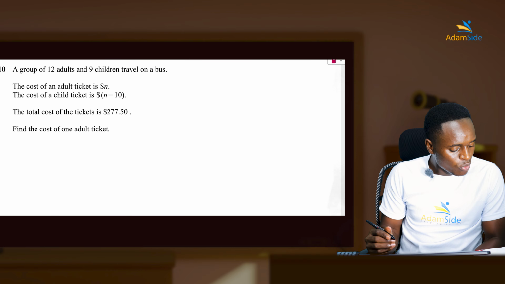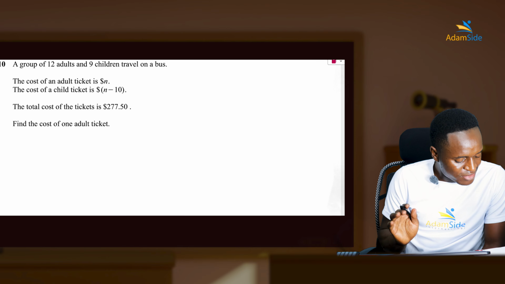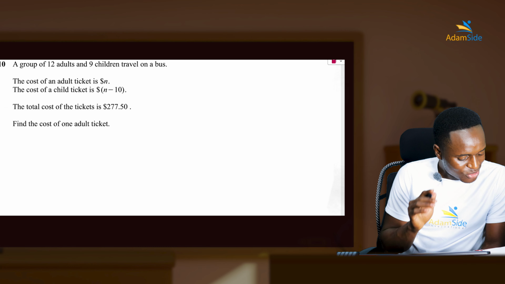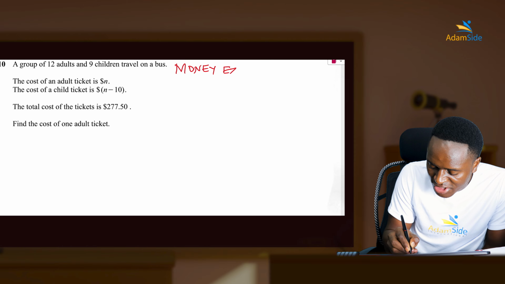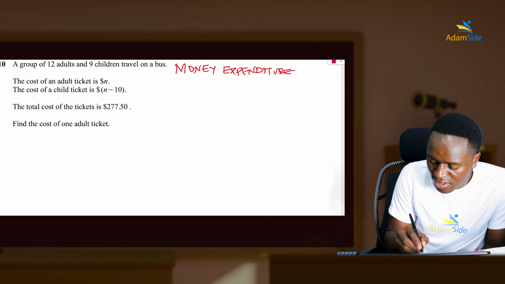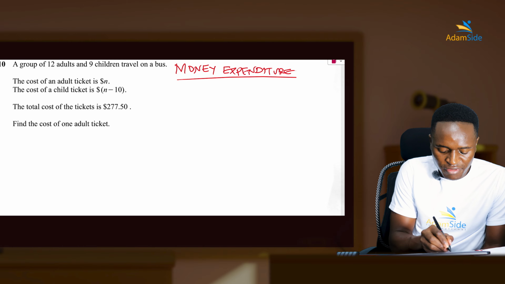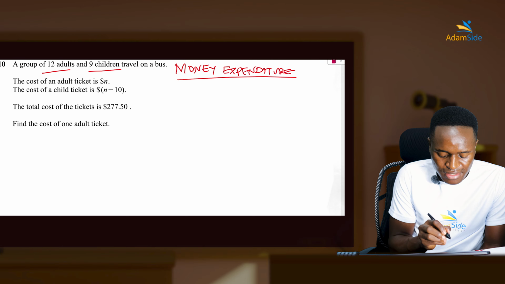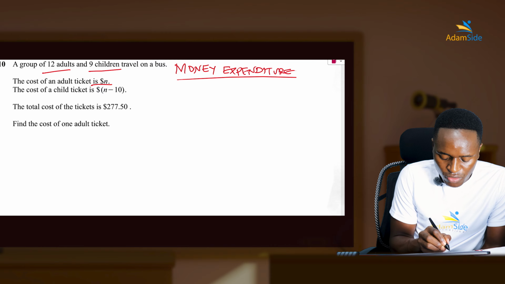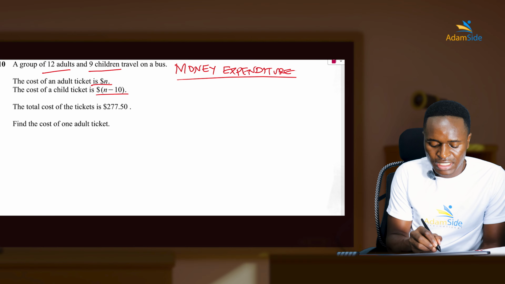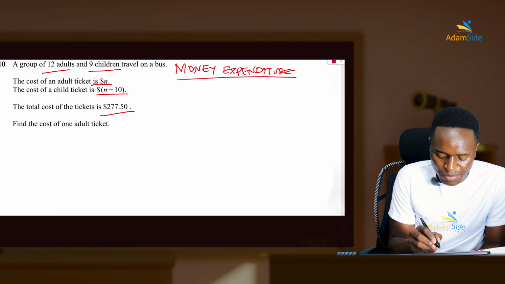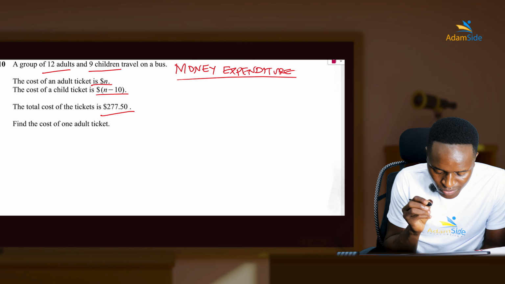Question number 10. A group of 12 adults and 9 children travel on a bus. So this comes from the unit of money, money expenditure and spending money. So 12 adults and 9 children travel on a bus. The cost of an adult ticket is N, and the cost of a child ticket is N minus $10. The total cost of the tickets is that. So you just multiply 12 times the price. So 12 times N